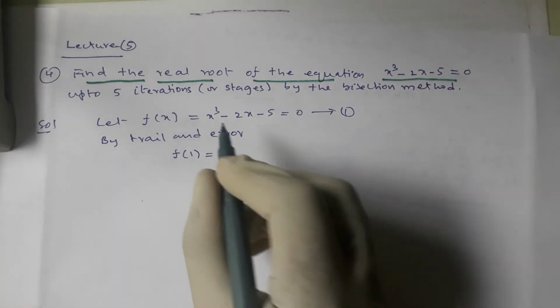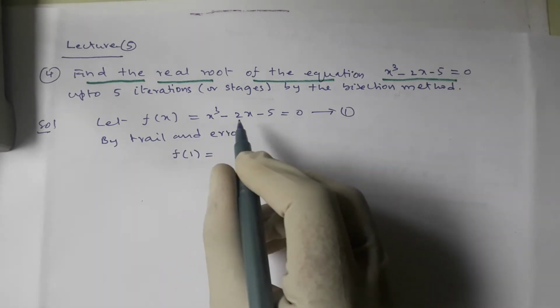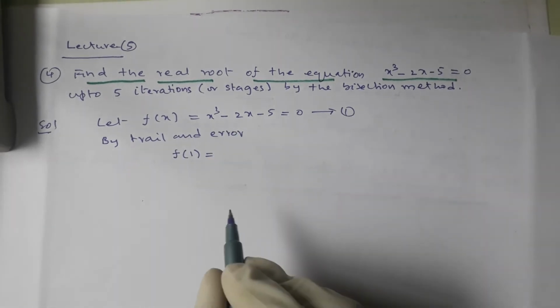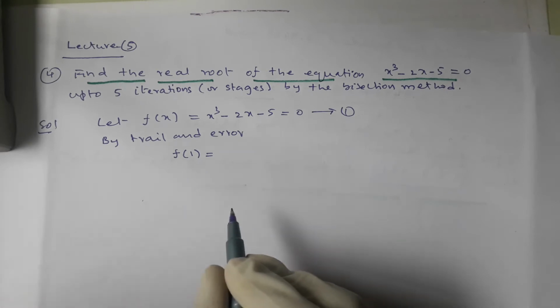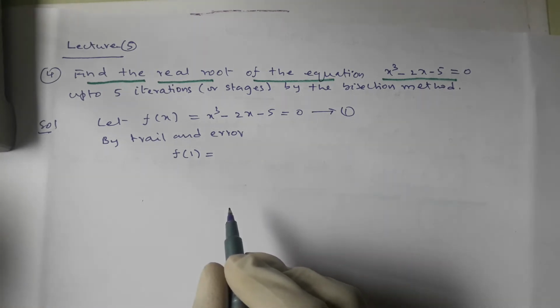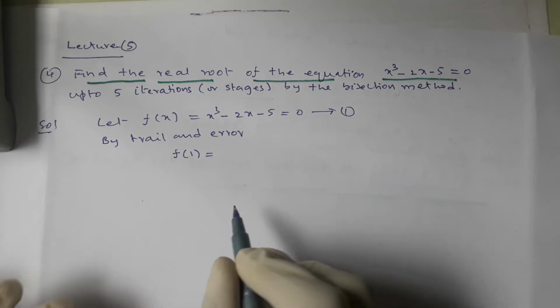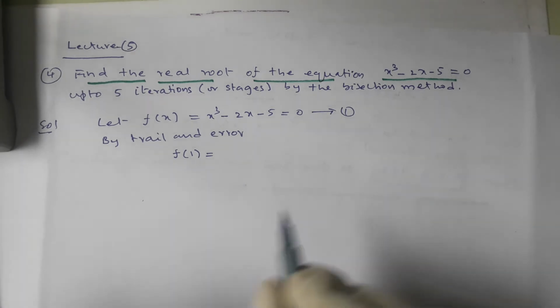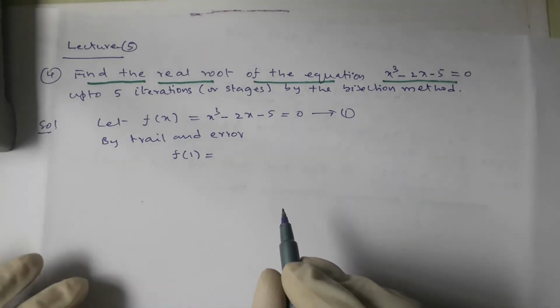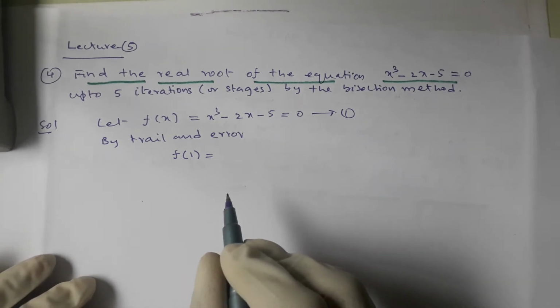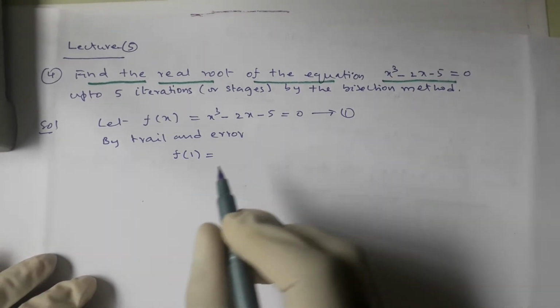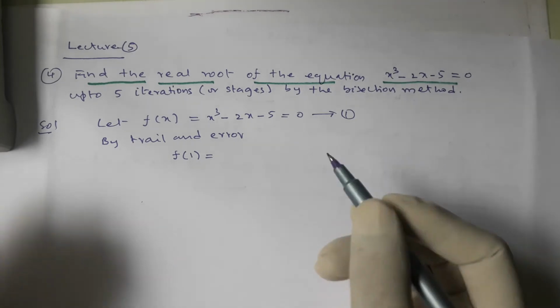If you take f of 0, 0 minus 5, it is less than 0. At least one value must be positive and one value must be negative. Otherwise, the first value may be negative and the second value may be positive. So at least the positive and negative values we need, that functional values are to be positive and negative values, or negative and positive values accordingly.